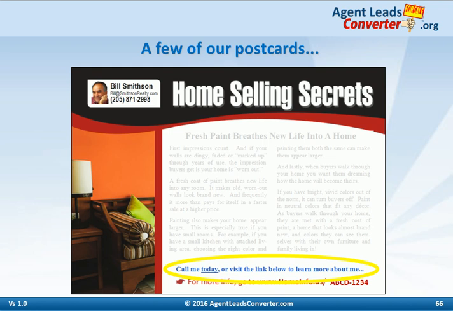And then we do something really cool. If you have a personal website, we ask prospects to learn more about you by visiting your site. And we give them a unique URL to do that. When they go visit the site, we match the link back to the prospect we mailed it to and tell you exactly who visited your website. That way, you'll know who's thinking about buying or selling instantly as soon as they go to your website, so you can follow up with them immediately. We call it stealth marketing, and it's been very effective for our clients in getting more listings.